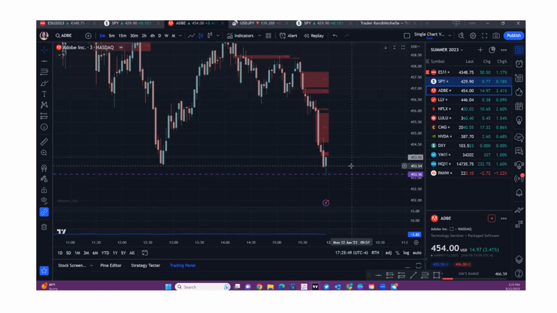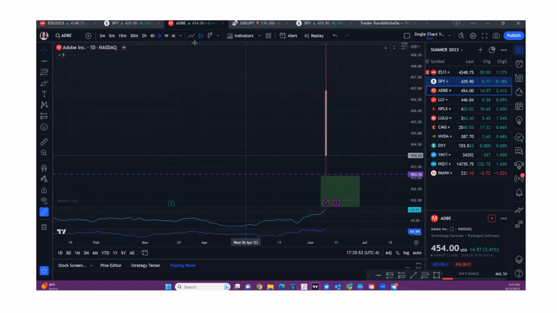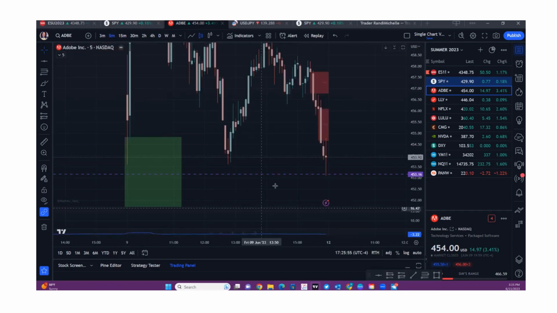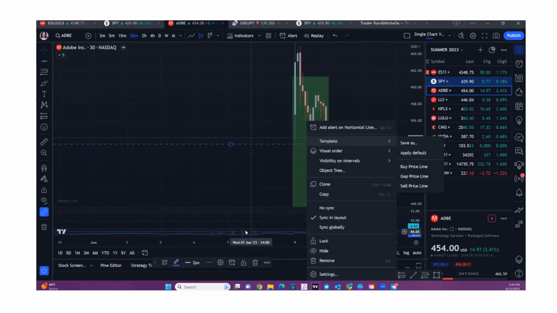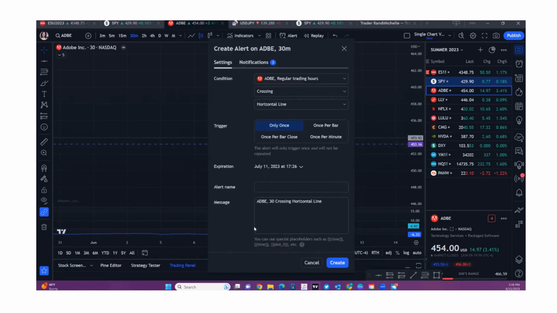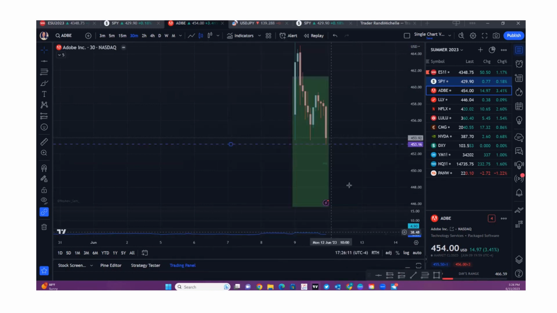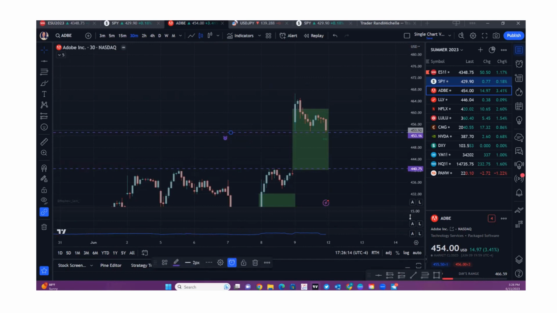So Randy, where are you gonna put the alert? Look at it. I guess I'm just gonna have to look at it. Usually I want to set the alert a little low so then I know it's crossing because I know when to get in. In this situation, it's just kind of suck. I guess I'm gonna just put the alert on this line that I have and call it a day. Okay. And then